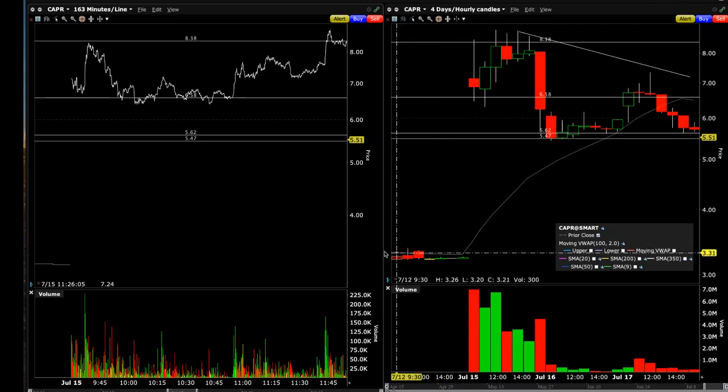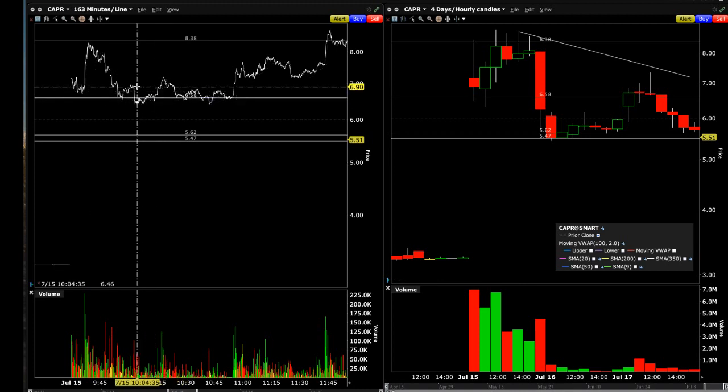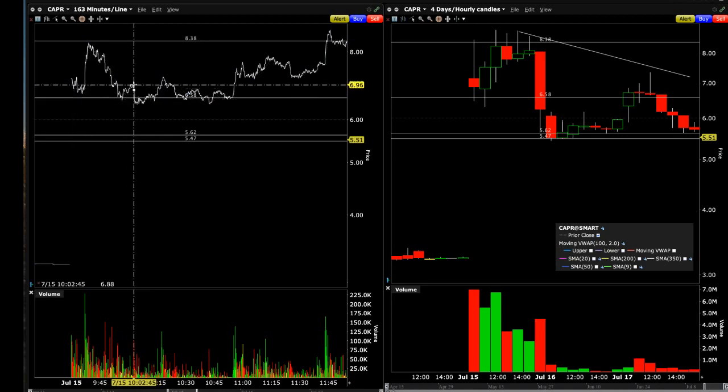It's really important to me in the way I trade. I suggest using it if you've never used it before, or at least trying it. But basically, you can see that someone is selling here and someone's buying here. So they're kind of whipping this around, and it might not look like much, but you're talking